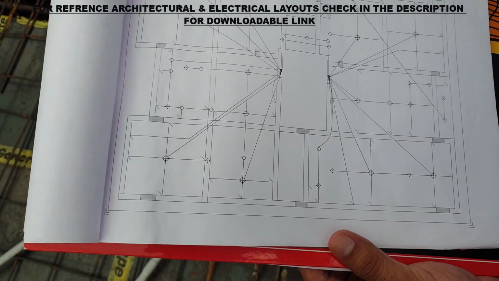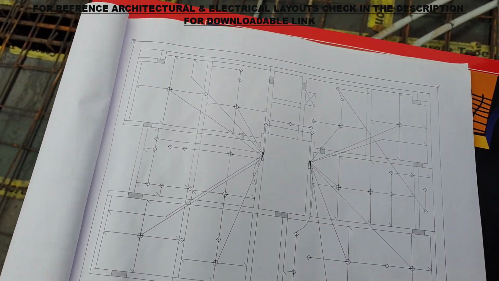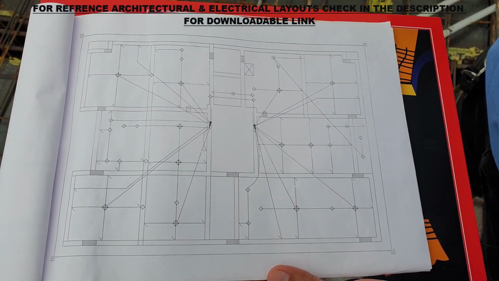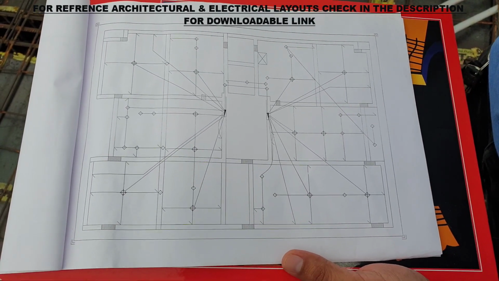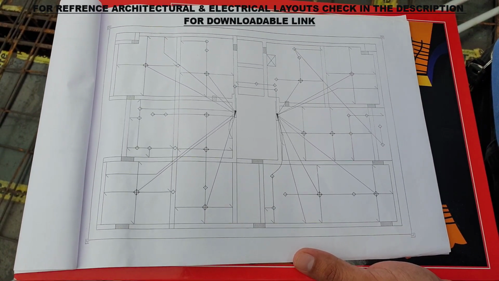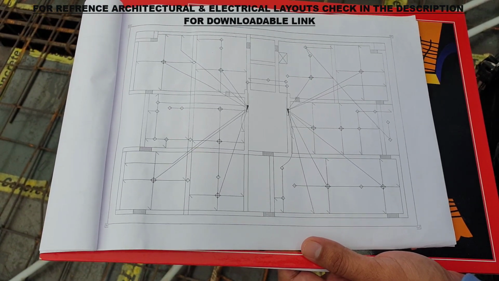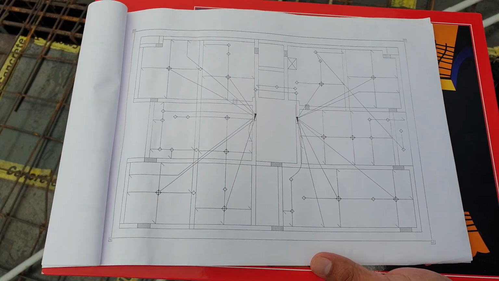Next, here you can see I have worked with respect to the conduits layout. This is the most important layout for us. With respect to the structural layout, here you can find the columns and the beams. With respect to the center point of the column and beam, I have placed the points over here. The points are nothing but the ceiling fan point, with respect to your D box point also.